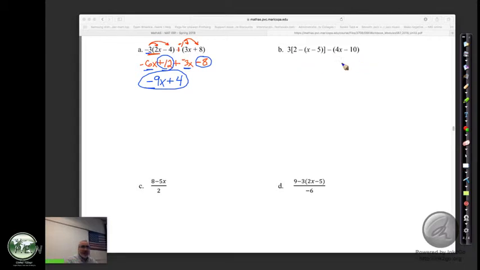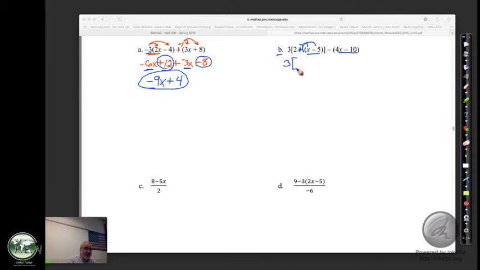Okay, so let's come over to B. And again, you'll be able to see these examples worked out as well. Where do we start? Brackets, and there's a bracket within a bracket. So we start within the inner bracket, right? What's going to happen to this x minus 5? Okay, good. There's a -1 out here that has to distribute, first of all, to both of these. And just like the last one, this is where I'll see the problem. If I take this negative and make it a plus, make the 1 a -1,